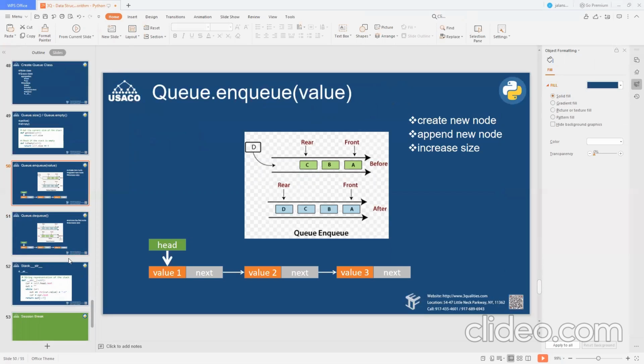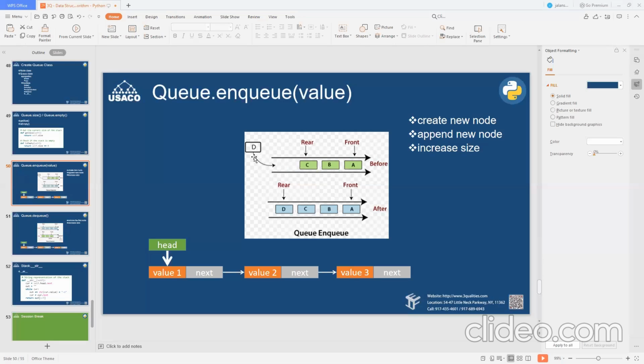In enqueue, very important, we take one parameter, which is the new value you're going to push into the queue. Look at this. Though the direction is different, we have a queue in this direction. We have a front and a rear. Jeffrey, look at my screen. How many items do I have in this queue right now? 3. Which one is the first one? A. Okay. A, B, C.